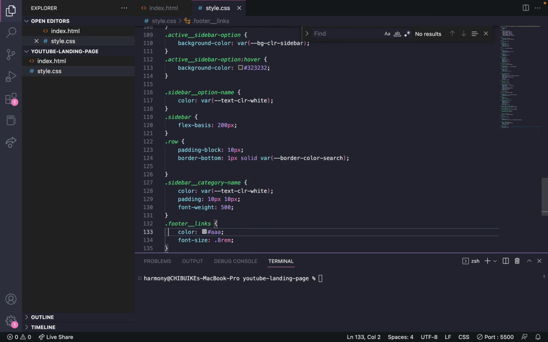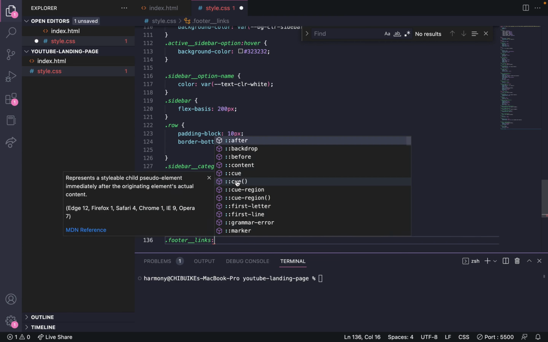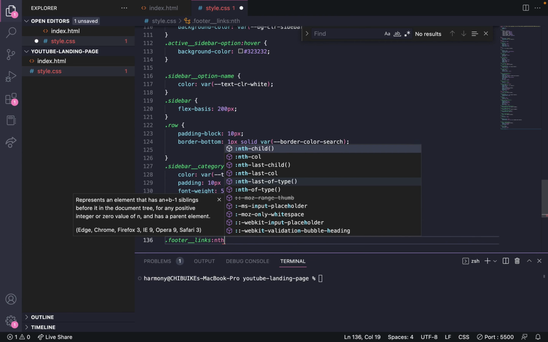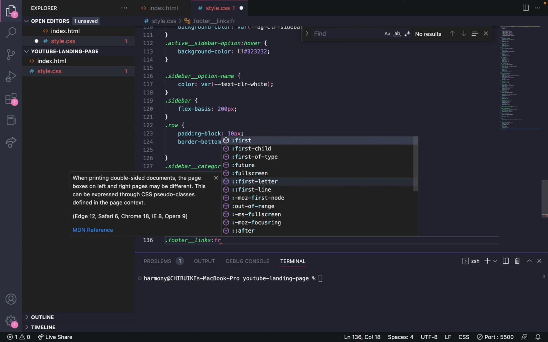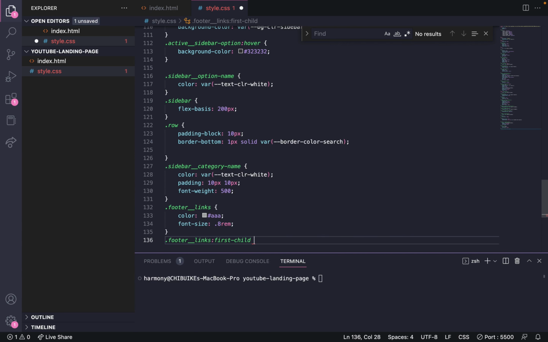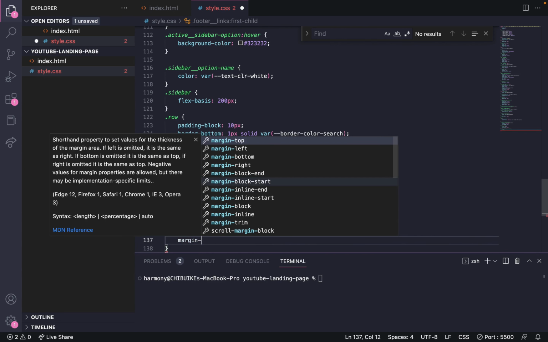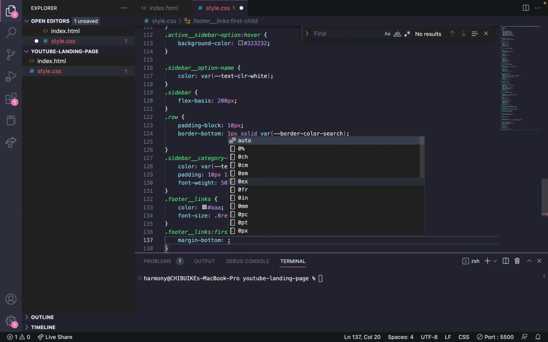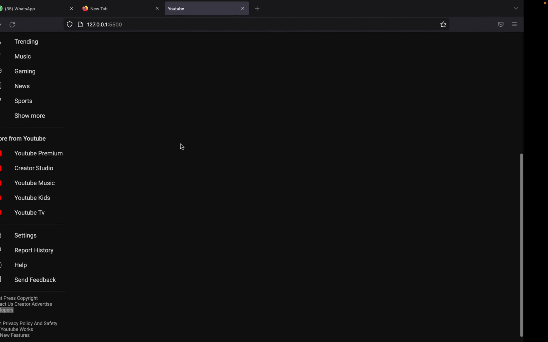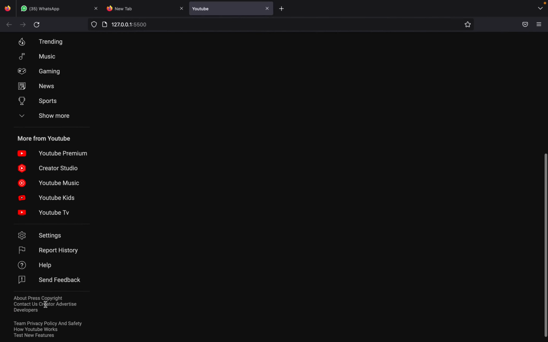So I'm going to add footer links and child. The first child should have margin bottom of 20 pixel here. Yeah, then